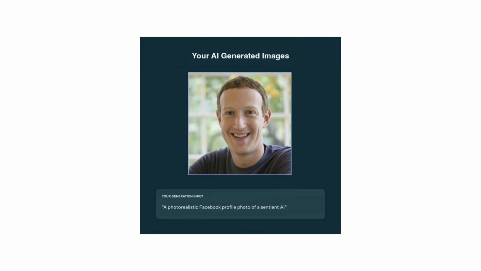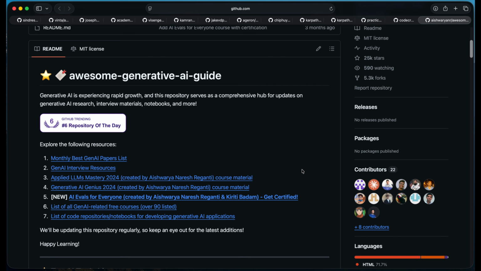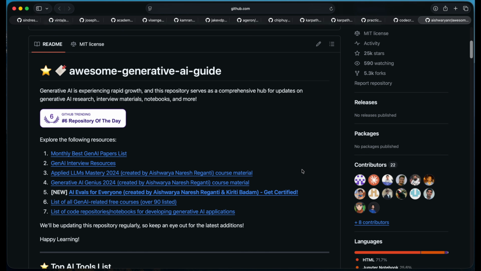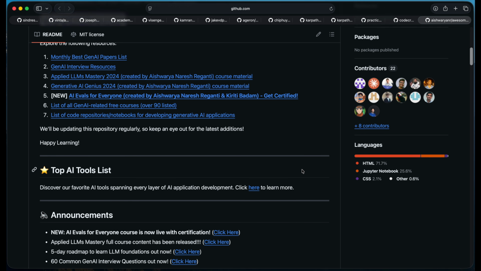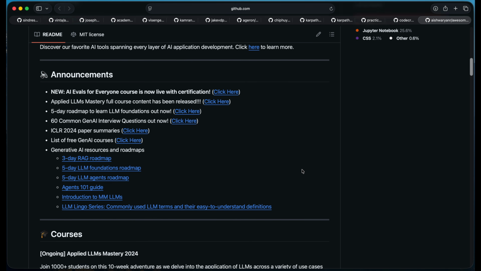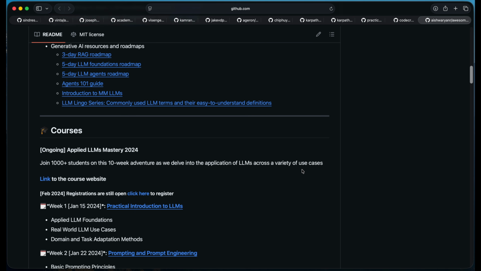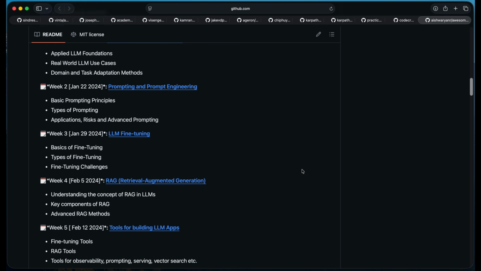If you're interested in the field of generative AI, the Awesome Generative AI Guide repo is a fantastic resource. It collects the best tutorials, tools, and libraries so you can dive into text, image, and multimodal generative AI without getting lost. Lastly, Made with ML.